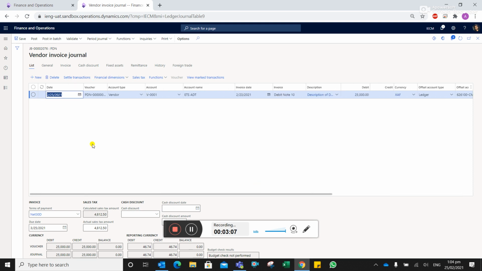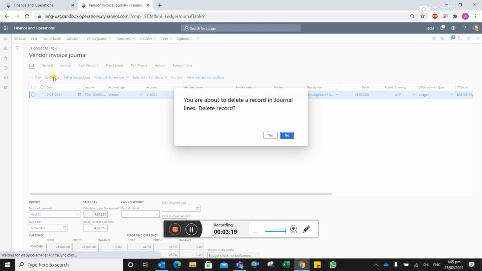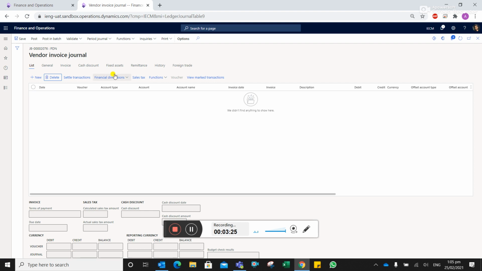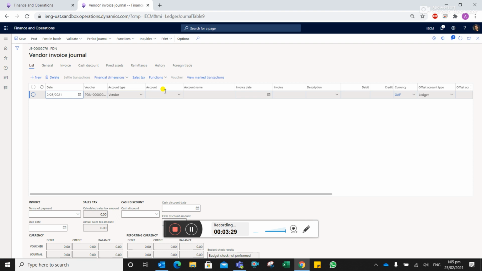Okay, once everything is done, you can just post. Or in case the debit note has multiple lines, what you can do then: the one that we saw now was for one line, and if you have a multiple line debit note,